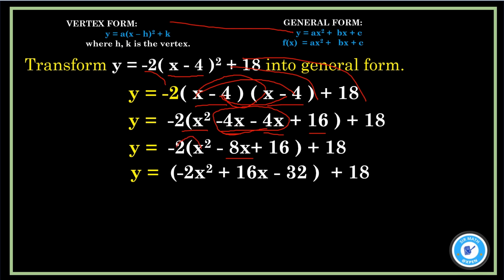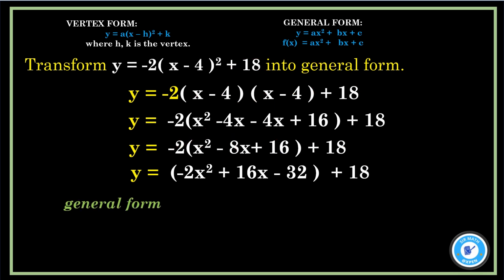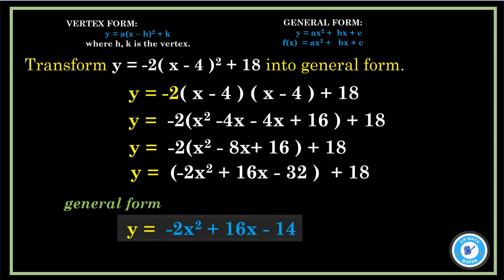That's equals to negative 2 times x squared is equals to negative 2x squared. Negative times negative, that's equals to positive. 2 times 8x, that's equals to 16x. Negative times positive, that's equals to negative. And negative 2 times 16, that's equals to negative 32. Drop your operation and the constant. Then remove symbols. So right after we remove the symbol, we must combine this number. So this will become negative 2x squared